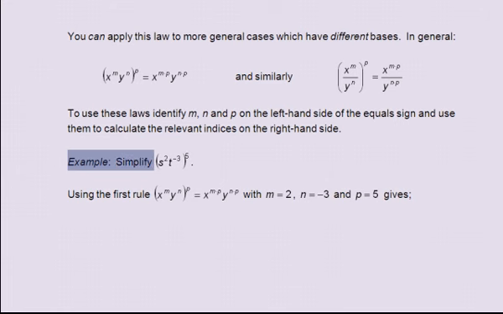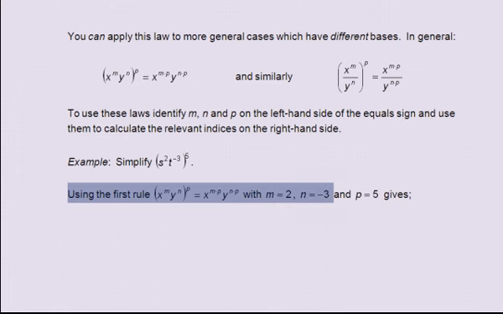Example: simplify s squared multiplied by t to the minus 3, all to the power 5. Using the first rule, x to the power m times y to the power n, all to the power p, equals x to the power m times p multiplied by y to the power n times p, with m equals 2, n equals minus 3 and p equals 5, gives s to the power 2 multiplied by t to the power minus 3, all to the power 5